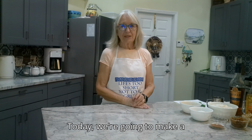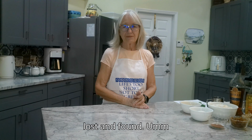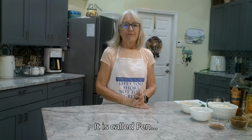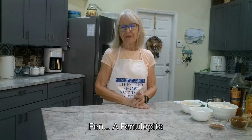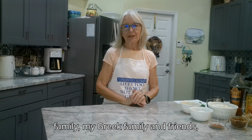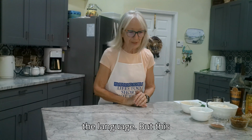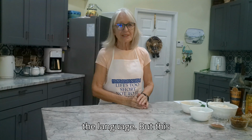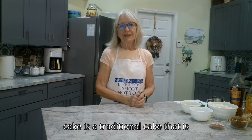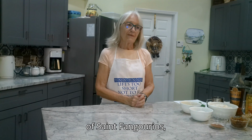Today, we're going to make traditional Greek cake. It is a cake of lost and found. It is called Fanouropita, a Fanouropita cake, and I am going to beg my Greek family and friends their forgiveness because I do slaughter the language. But this cake is a traditional cake that is made to celebrate the feast of Saint